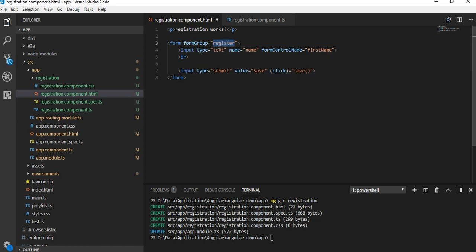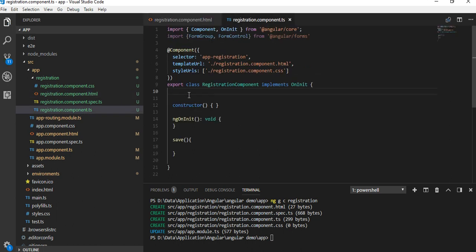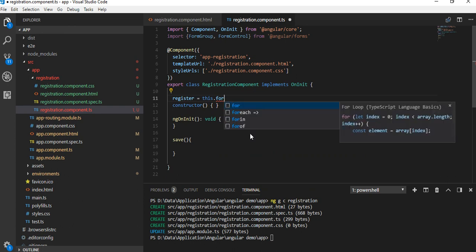So copy this register and paste here, and we'll create the instance of FormGroup, this.register. It should come here, FormGroup. Okay, one second.